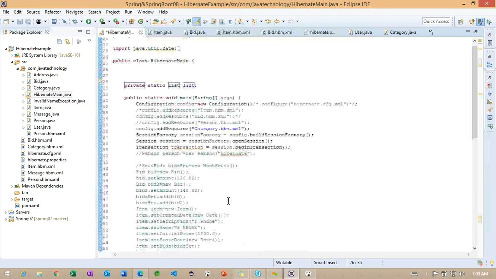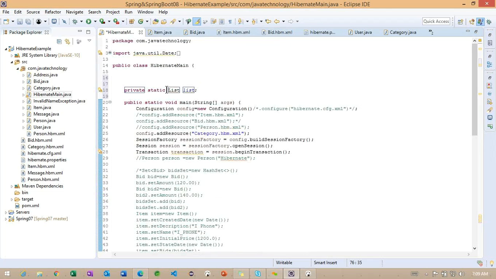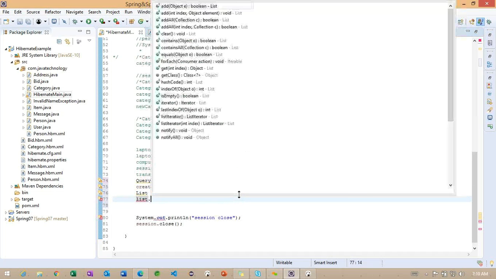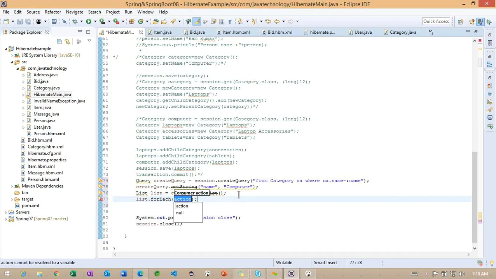Okay, so we have seen again why it is going on top here. Let me copy. Okay, now we can observe here we have identified the list of objects we are going to get based on this particular category name. Now what we can do here, list dot forEach.